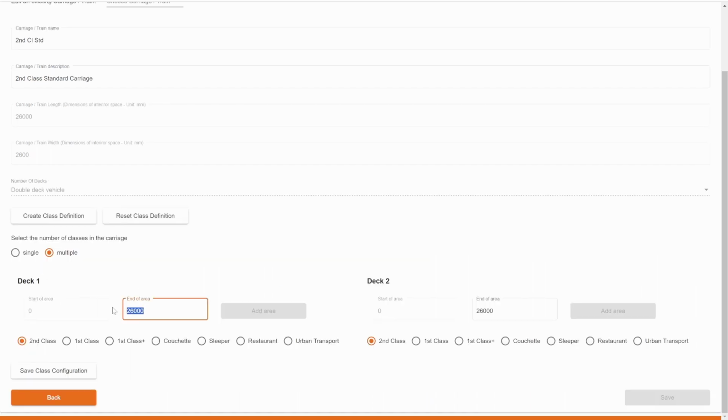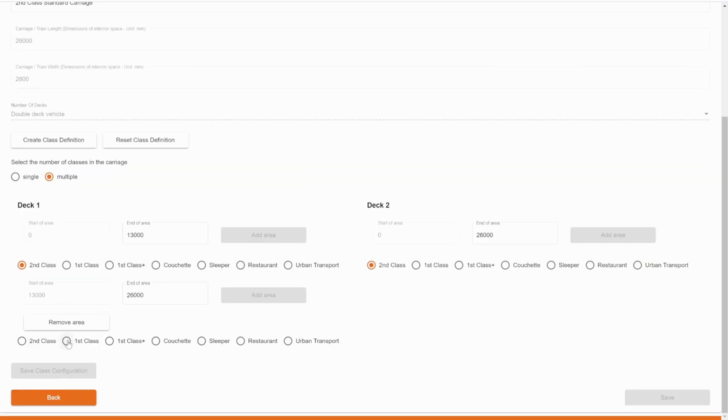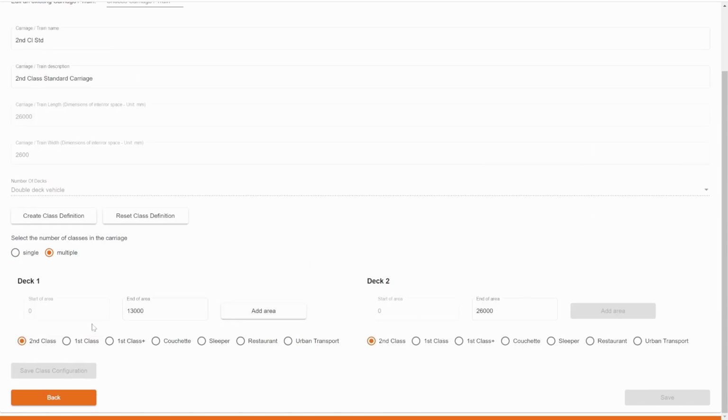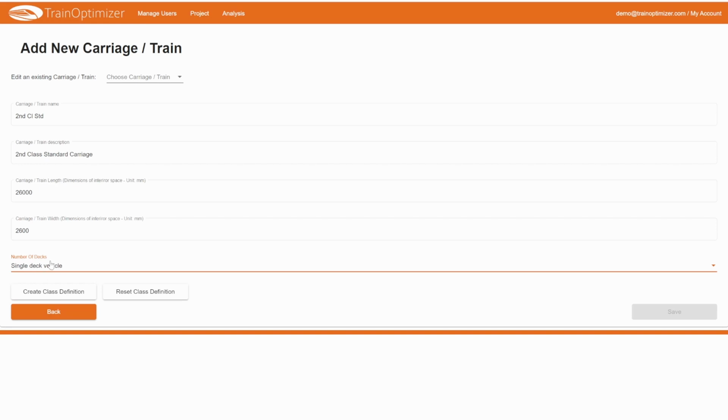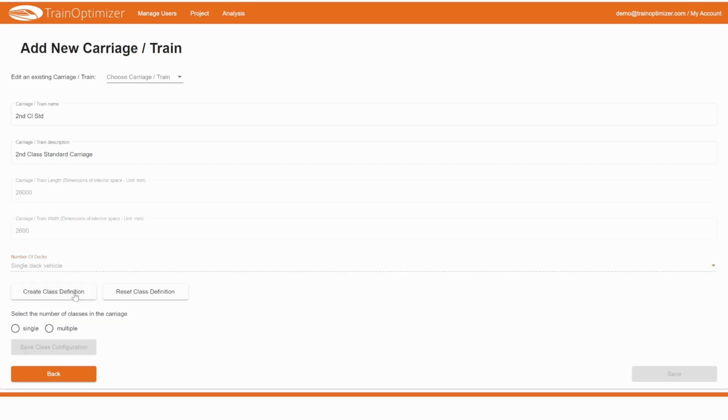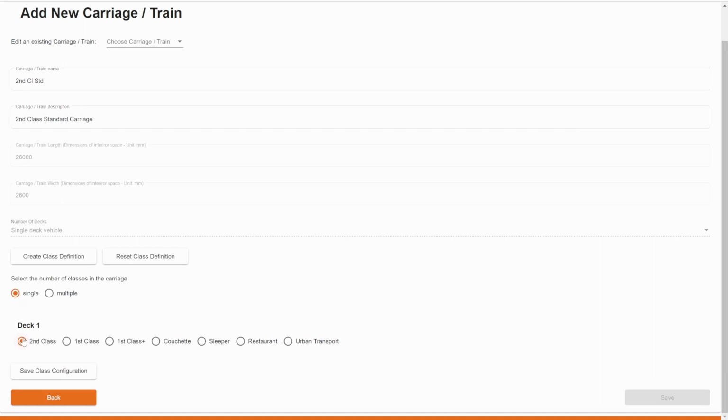For example, we can say that in the lower deck, half of the vehicle is second class and the other half is first class. On the upper deck, we have the whole vehicle with second class only. Would you like to remove an area again? Then click on Remove Area. We now create a car, a single-deck vehicle with a class to generate a simple demonstration object. We pick single-deck vehicle with one class, select second class and save the class assignment. Now we can save the